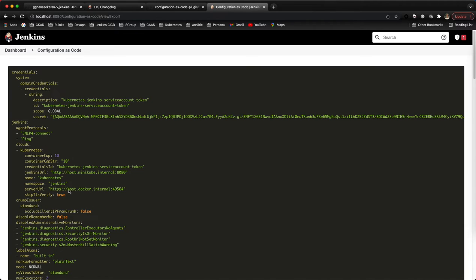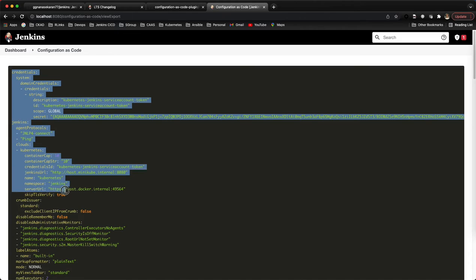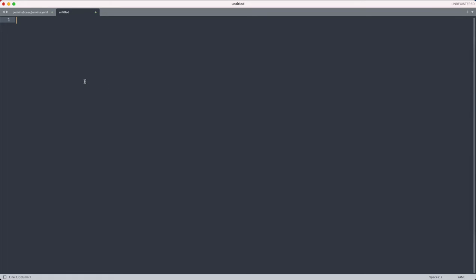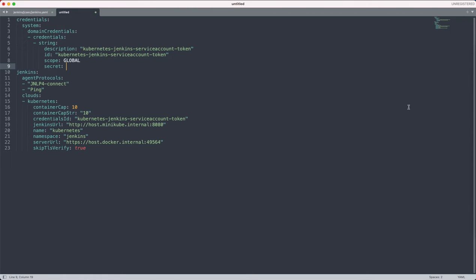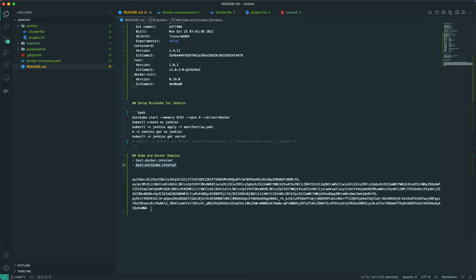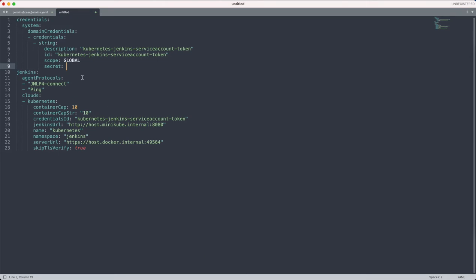Copy, we need these values. So we created a token and then we added the Kubernetes environment. Go here, let's do a small edit. This one should be this value, copy this, paste here.